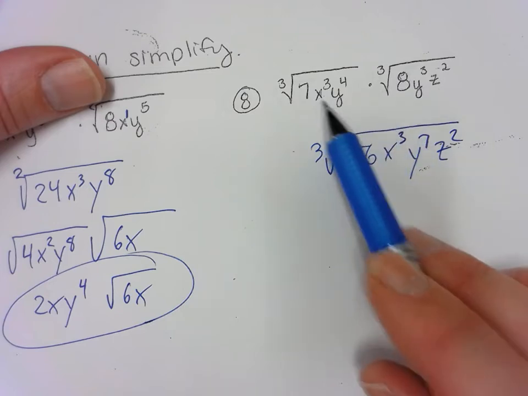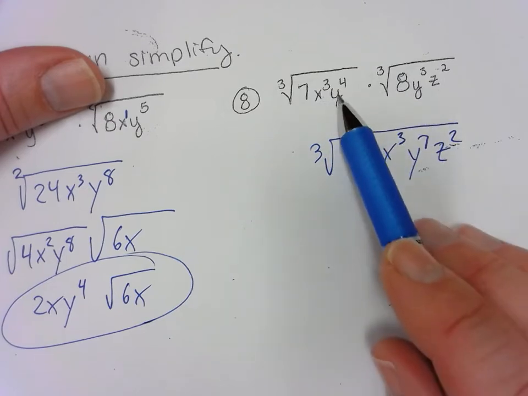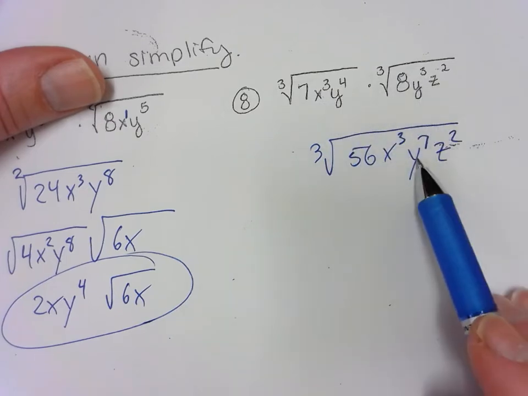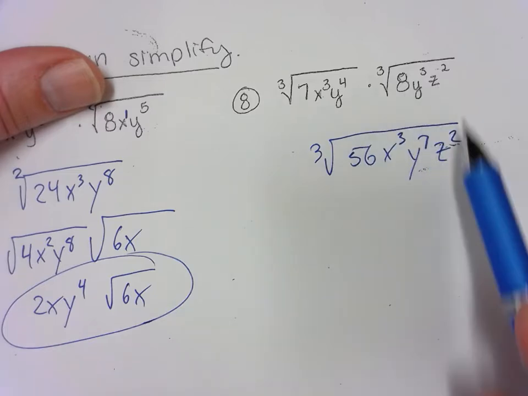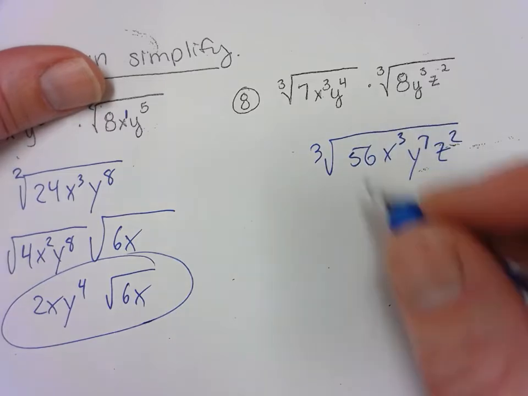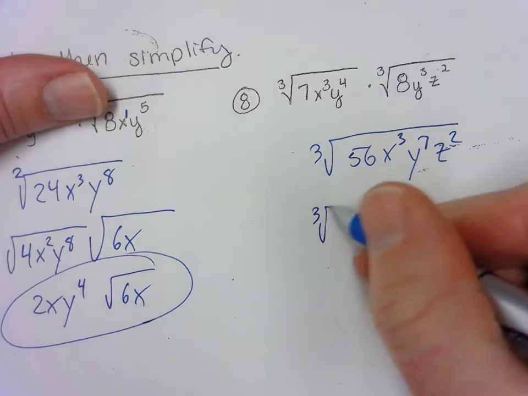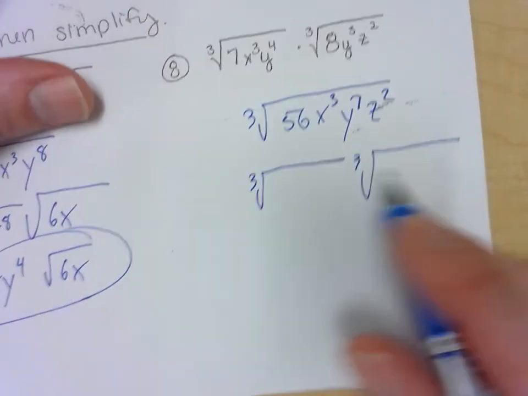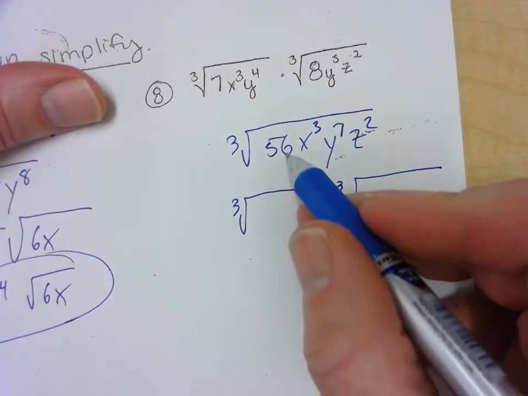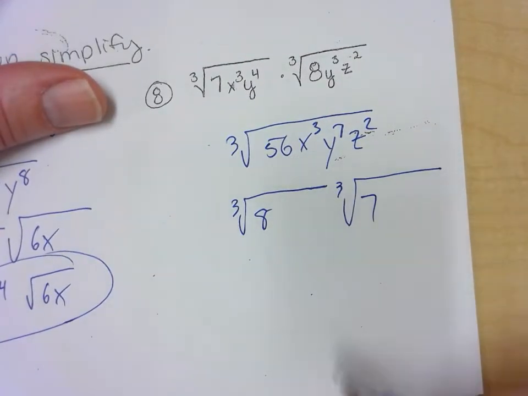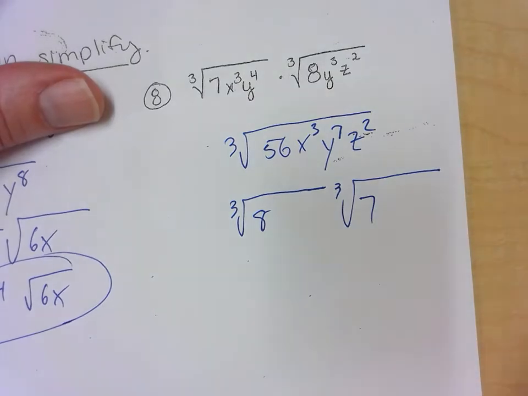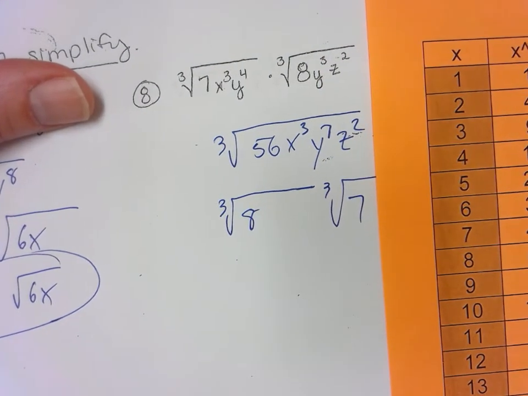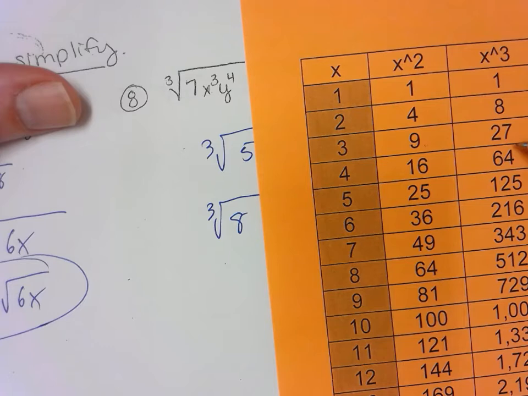So the x had no partner, so it's x cubed. The y did have a partner. When you multiply like bases, you add the exponents, and then z squared. Okay, now I'm going to split this up into what I can take the cube root of, what I can't take the cube root of, the haves and the have-nots, the do's and the don'ts, the yeses and the nos. 8 times 7 makes 56, and again, you're finding the largest perfect cube, and you're really choosing between 27, so